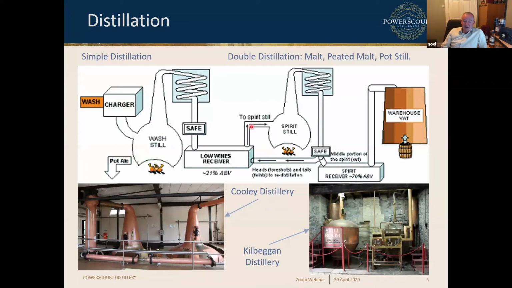The low wines are then charged into the spirit still, and also with the low wines, you will see from the spirit still we have faints. And when we distill the low wines, we produce our first distillate, called strong faints, and this would have a lot of the more volatile compounds that you find in the fermentation, and I'll explain a bit more about that shortly. But the faints are the first thing that we are going to set aside, and that's strong faints, our heads. And it would contain things like, from a chemical point of view, acetaldehyde, ethyl acetate, methanol,